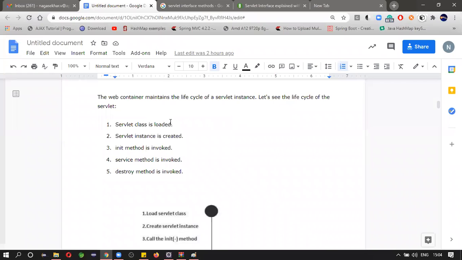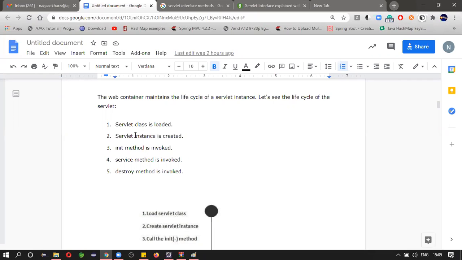This class is not available to our program. We need to load the class on the fly. Loading a class is nothing but making it available to our program. Loading a class means loading it into memory.